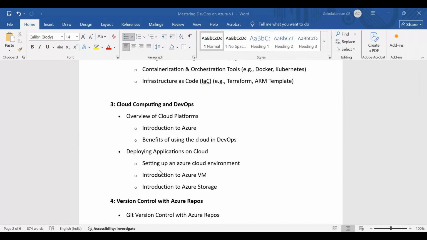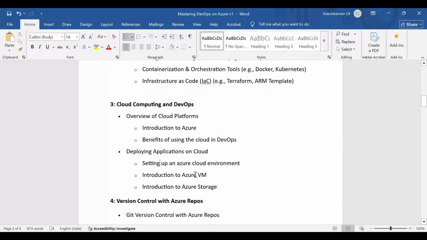Whenever I take a topic, I'll be showing a demo. Each and every topic will be covered with a demo from the Azure aspect. When I show the demo, I'll be showing that if you select this option, you'll be charged more; if you select this option, you will be charged economically. So those discussions will also happen, so that if you register for your own account, using your credit card, you will end up paying less if you follow my tips and tricks. So those things I want to highlight now. If you didn't use it before, then we are good. You will have the free trial option, you can use it for 30 days. So this course will be covered in that time duration.